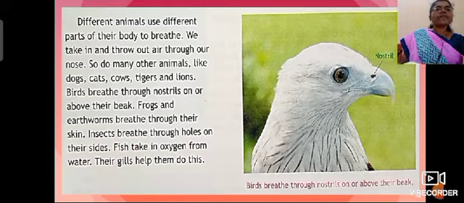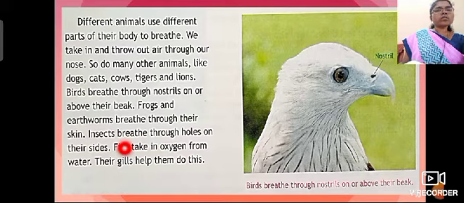So different animals use different parts of their body to breathe. We take in and throw out air through our nose. So do many other animals like dogs, cats, cows, tigers, and lions. Birds breathe through nostrils on or above their beak. Frogs and earthworms breathe through their skin. And insects breathe through holes on their sides. And fish take in oxygen from water by using their gills. Next we'll see